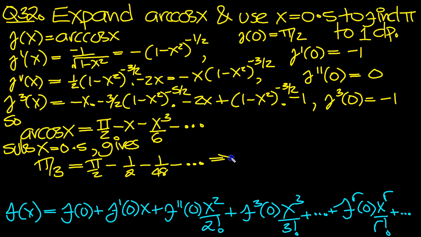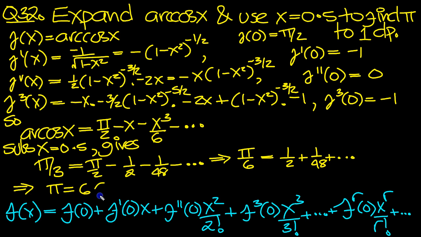So that implies, if we move the pi over 3 over to the right hand side, pi over 2 minus pi over 3, a half minus a third is a sixth. And then if we move the other two terms over the other side, it's a half plus 1 over 48. I've written that down from right to left, of course, the other way around. So that tells us that pi is equal to 6 times (a half plus 1 over 48),